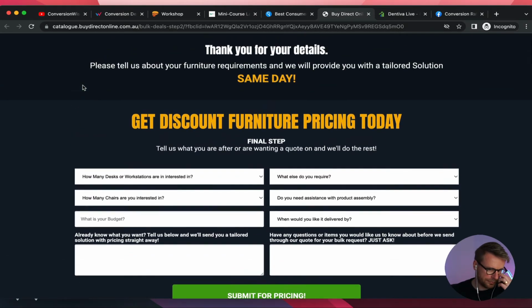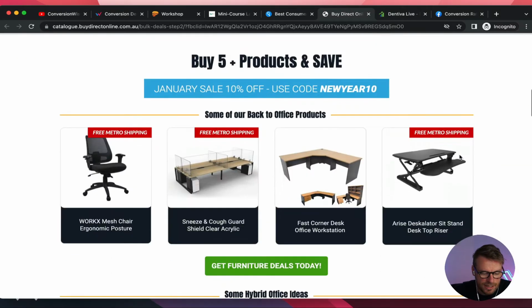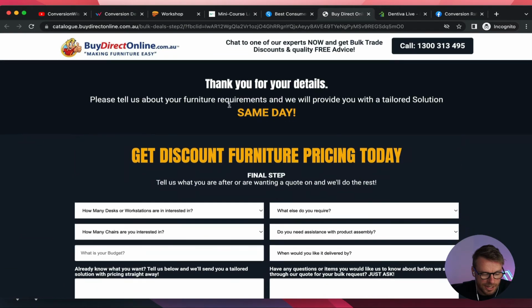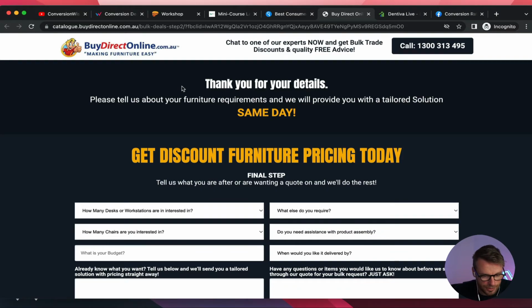Okay, cool. Thank you for your details. Please, I'm just reading over this because again, it's not a conventional normal page. It's a step 2. So thank you for your details. Please tell us about the furniture requirements and we will provide you with tailored solutions same day. Okay, right. First and foremost, I think you're